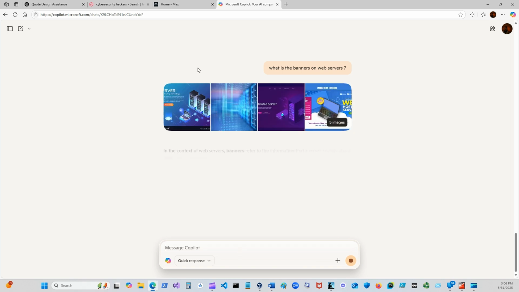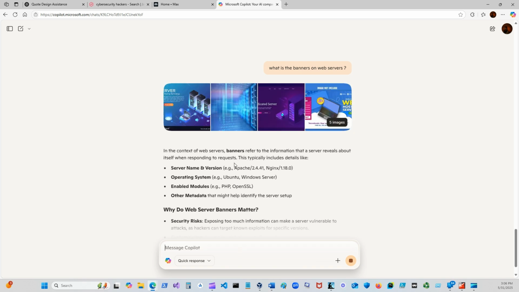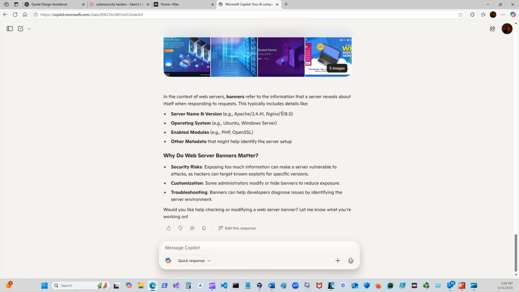Let's see what it says. It says, in the context of web servers, banners refer to the information that the server reveals about itself when responding to requests. It typically includes details like server name and version, operating system, enabled modules, and other metadata.